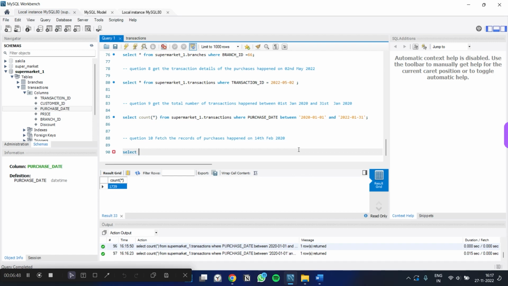star from supermarket1.transactions where purchase date is equal to, I'll put a quote and write this time. I'm not gonna make the same mistake. 2020/02/14, and close the quote. There you go. And if I run this,